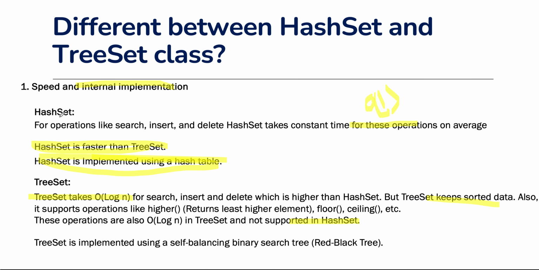And we know tree set, as the name suggests itself, is implemented using a self-balancing binary tree. Self-balancing means whenever you are inserting an element, it is going to balance internally, deciding where we need to put it in a sorted manner. So for example, red black tree. Red black tree is one of the examples of a self-balancing tree, and internally it uses a self-balancing tree.